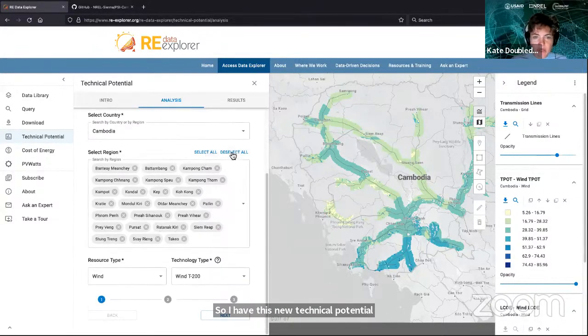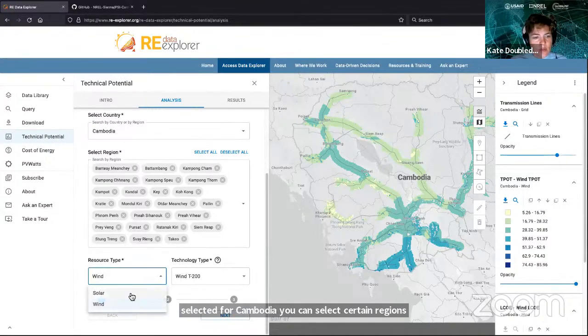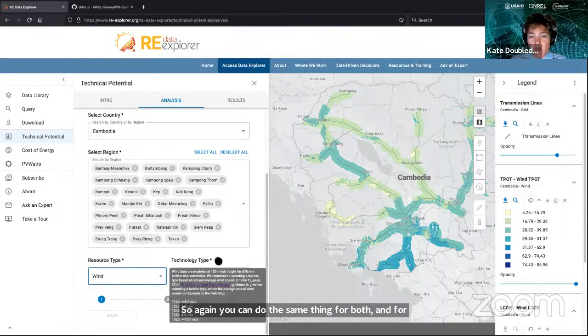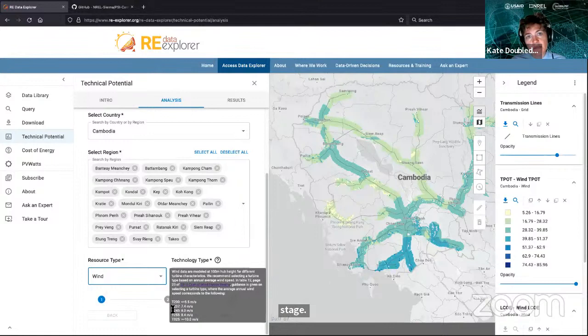You can select certain regions. I've selected the entire country. I've selected wind resource as opposed to solar. Again, you can do the same thing for both. And for wind, it asks me about technology type. This is where it has been useful to look at the wind resource availability before I get to this stage. So there are some recommendations here about the standard